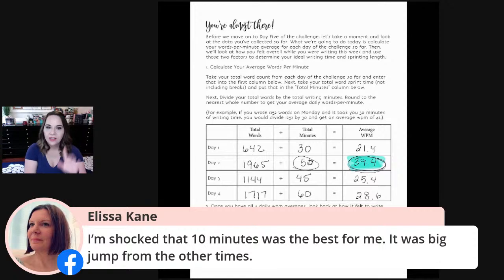So what you're going to do for tomorrow, for Friday, is take this data, not just your words per minute average, which gives you your sweet spot for maybe number of minutes sprinting or length of sprint. You're also going to look at how you felt during that time of day and what type of break you liked the best. So if you feel like, okay, the 10-minute break was way too long, but I did really like those 25-minute sprints, maybe tomorrow you try something like,